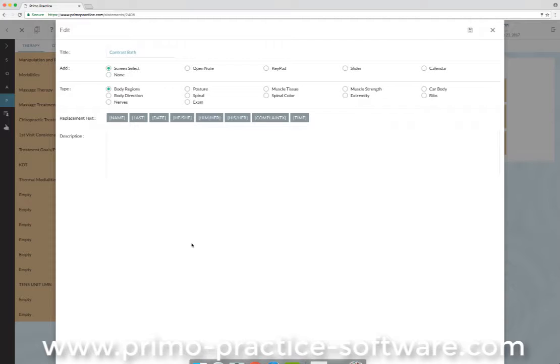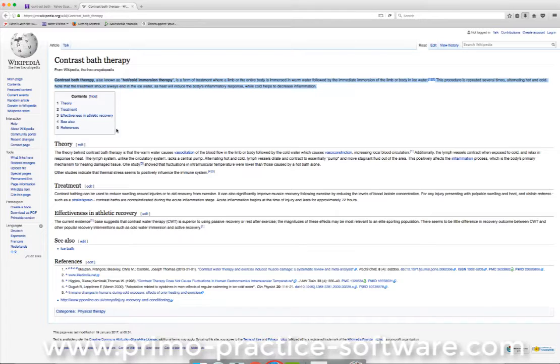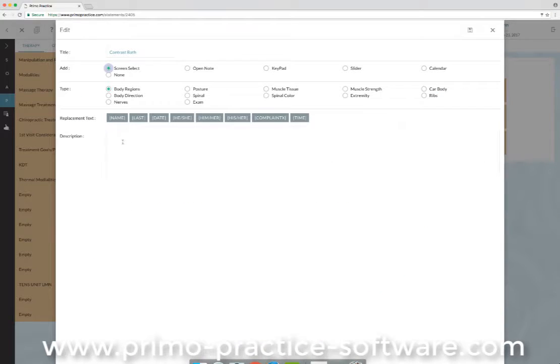So I've already saved in my other browser here. We'll open Firefox, and I found contrast bath therapy from Wikipedia just to use as an example. So I'm going to copy this. We'll copy that text. I'll go back over to PrimoPractice, and I'd like this to appear on a new line. So I'm going to put one return so that this will start as a new line of text,